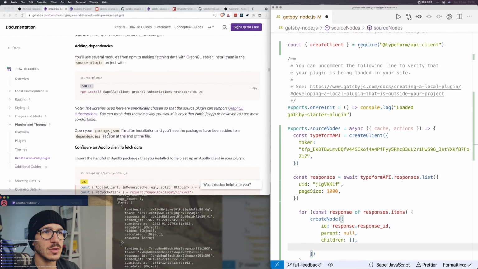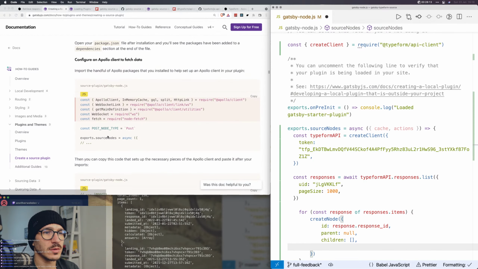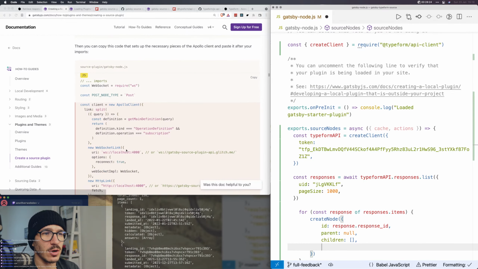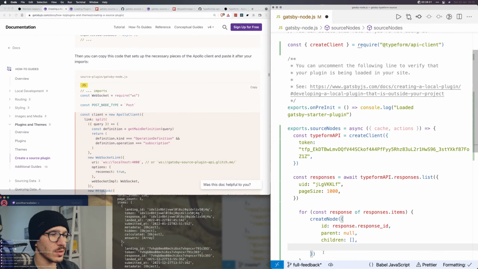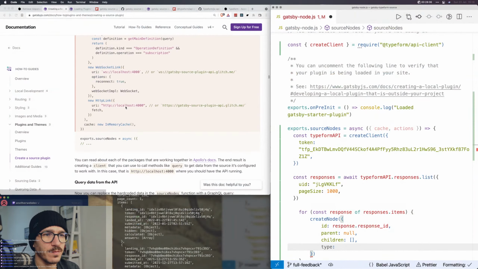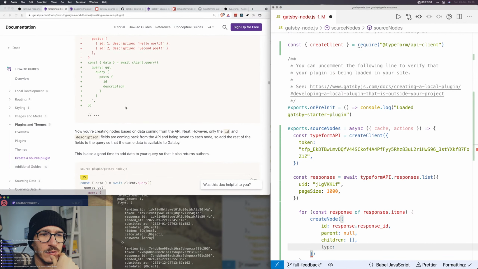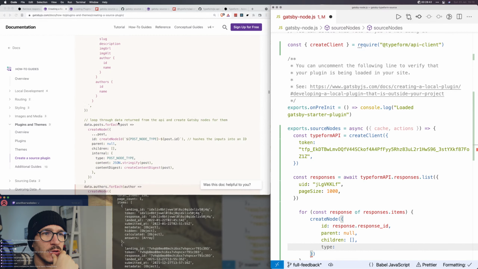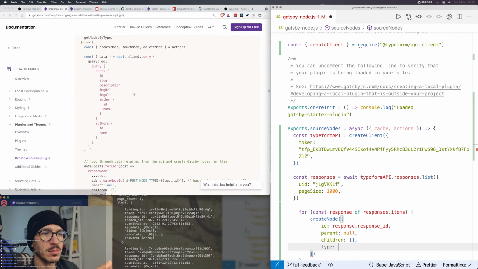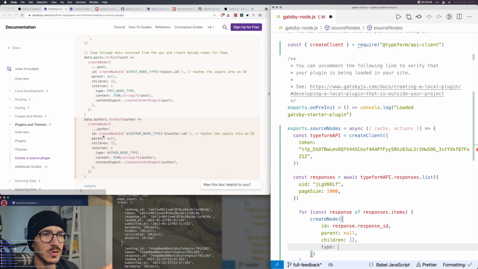and you can copy this code. How do we define the full type? Typeform, let's just call it Typeform response. New WebSocket link. Post node type. So is it type? Wait. So I'm kind of figuring this out as I go, obviously. So author node type is just author. And this, then we have hashes the inputs into an ID. I guess we can use